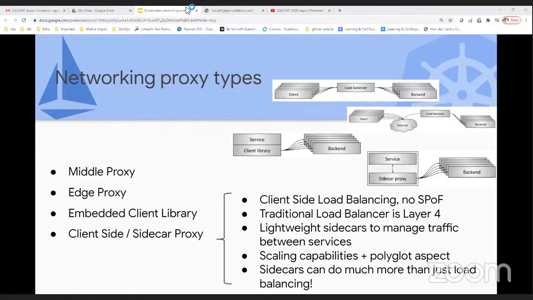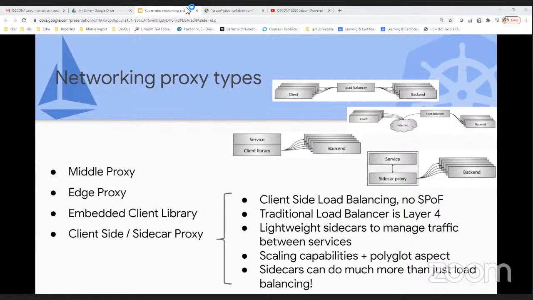If you are a developer, then you definitely know Ribbon or Hystrix type of service, or a gRPC type of client library that I can embed with my code, and this is how I can route the traffic. But again, this is a dependency. I want to integrate this library with my code, and again I have to deploy the code. So the client library type of proxy is much faster, but again your application will get bulky.